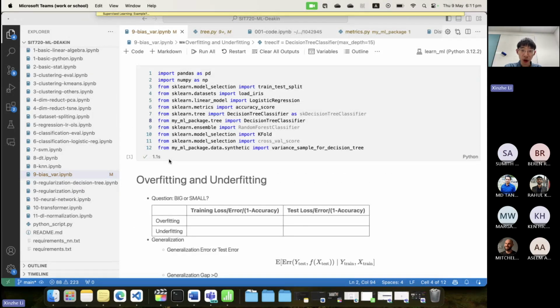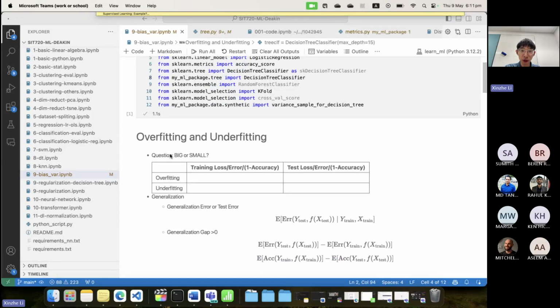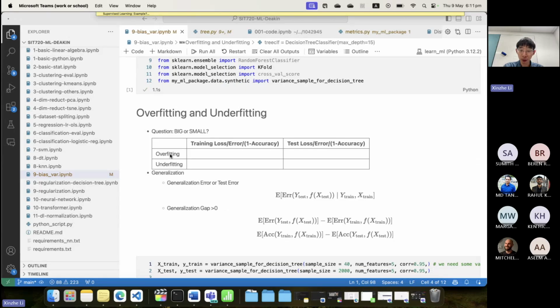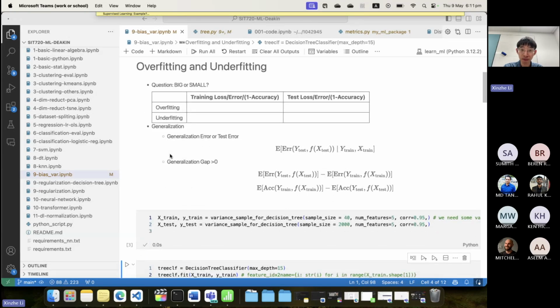I will start from overfitting and underfitting. I think most of you are familiar with this, hopefully, but just a little bit of warm-up. Can you tell me if your model overfits,